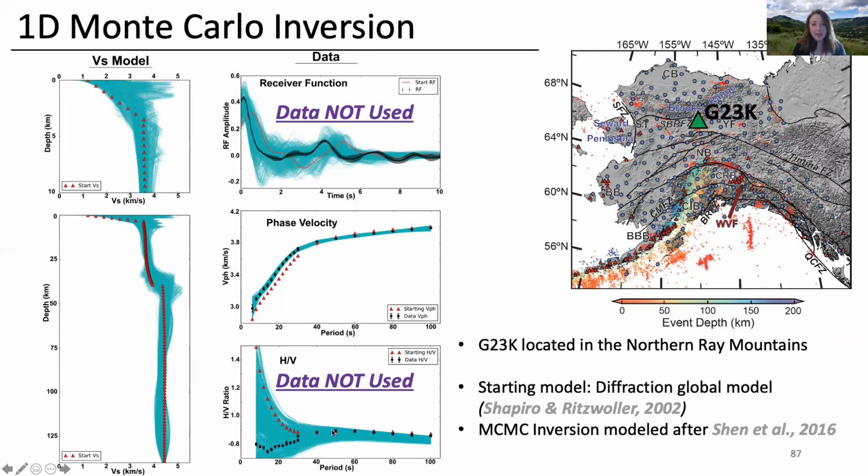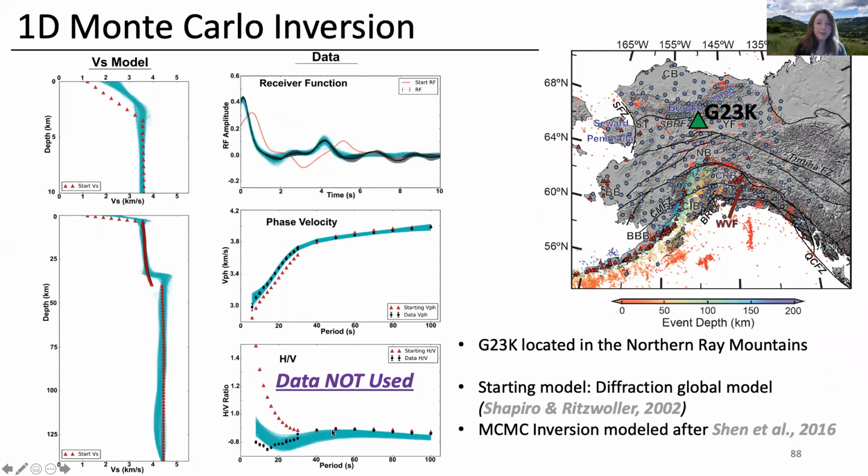Next, we will look at the impact of including receiver function data in our inversion. Now we obtain a much tighter posterior, but we are still not fitting the HRV data, especially at shorter periods. Additionally, this appears to be a bit slow, considering the station is in the Northern Ray Mountains. This, in conjunction with the broad posterior near the surface, suggests that we lack sensitivity without incorporating the HRV ratio